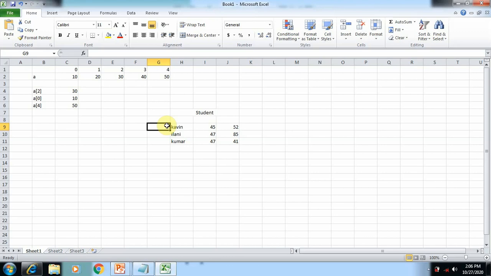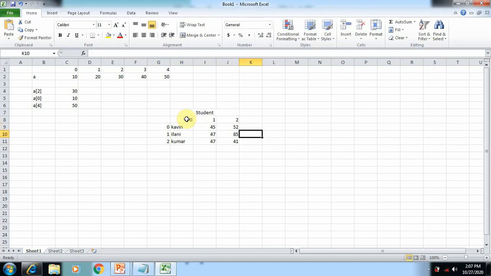This multi-dimensional array is converted into a table, and each row and column is given an index number. Now we give the index value for the rows. Always the index value begins with 0. So the first row is 0, the second row is 1, the third row is 2. In the same way, the first column index value is 0, the second column index value is 1, the third is 2.